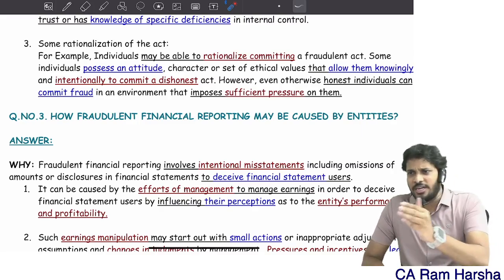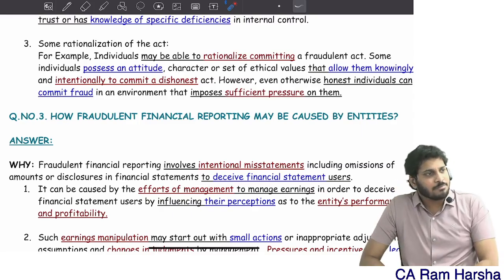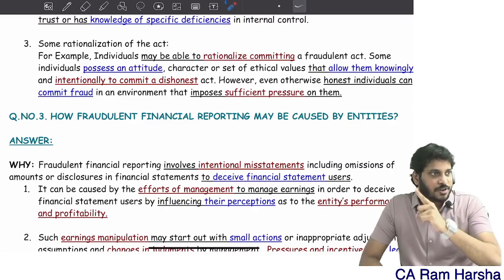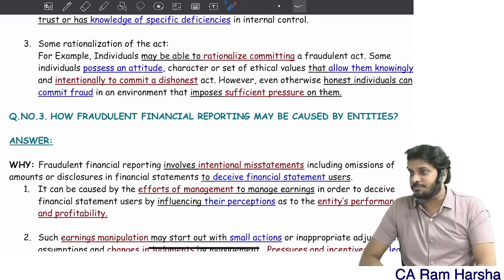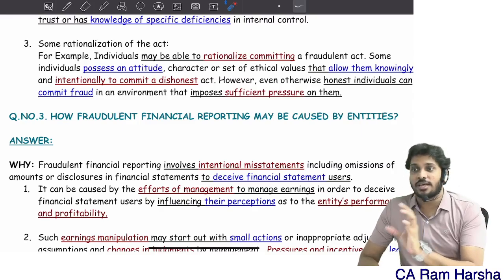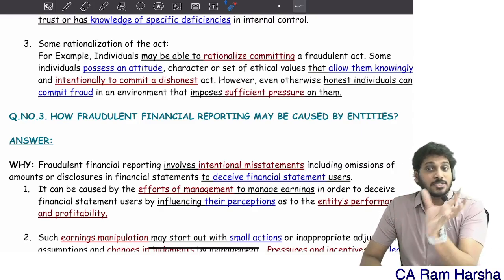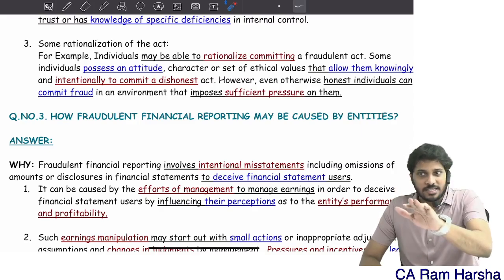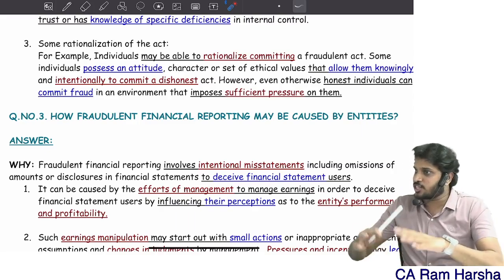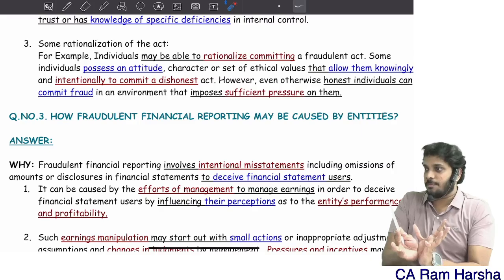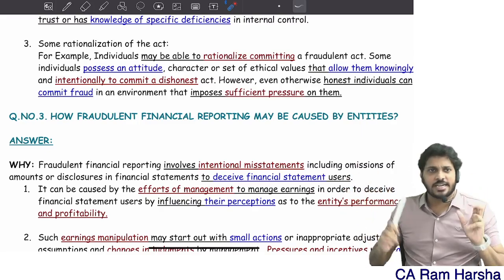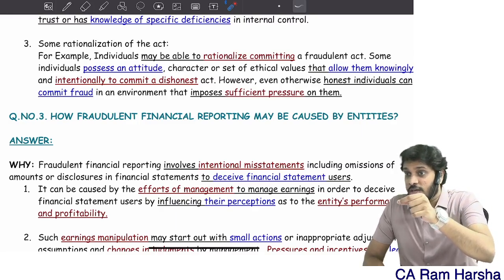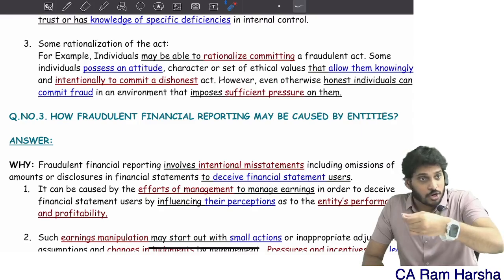In the same way, only if opportunity is there, a person may not commit a fraud. There must be a necessity for him. There must be some benefit for him. There must be some pressure upon him. So see whether any pressures or incentives are there for any person to commit a fraud. See whether the management is under pressure to achieve some earnings target. If so, there is a possibility they commit a fraud. They may manipulate records. And